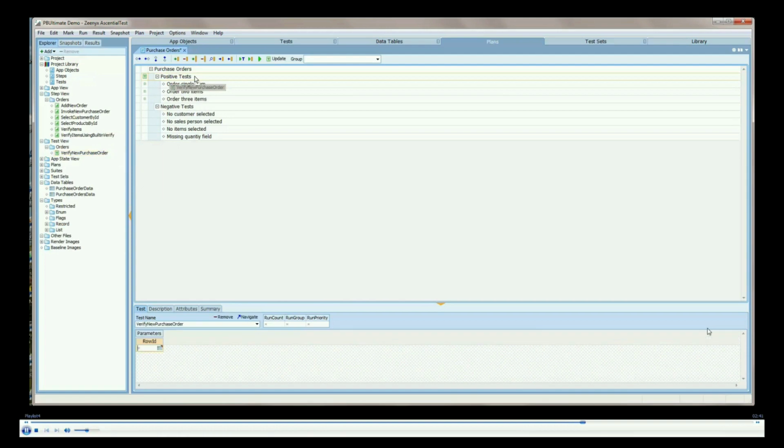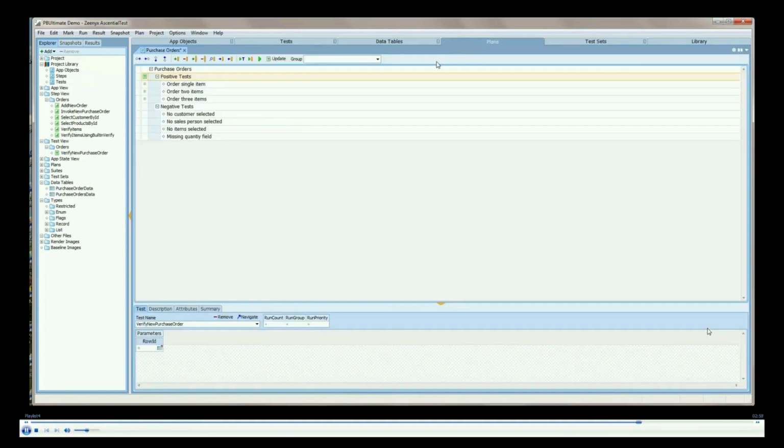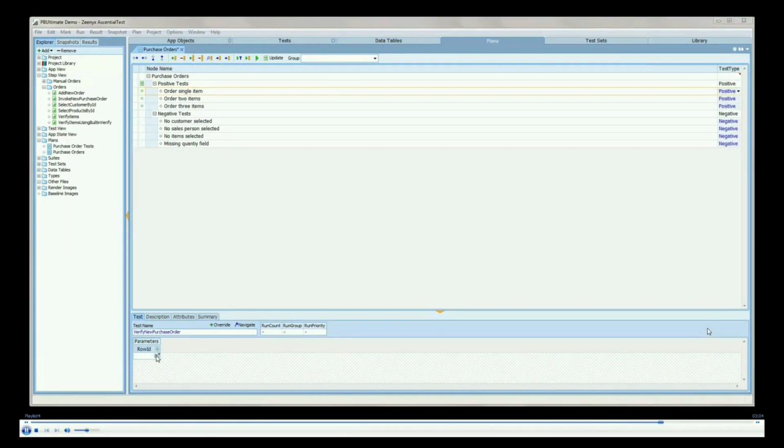Now I'm going to take my test and drag and drop it on my plan. That's how I associate a test with the test plan, simply by taking the test and dragging and dropping it. You notice the green T shows up. If I click on the green T, notice how the test is displayed. Now I don't have any data yet, but what I'm going to do is click on this icon here,